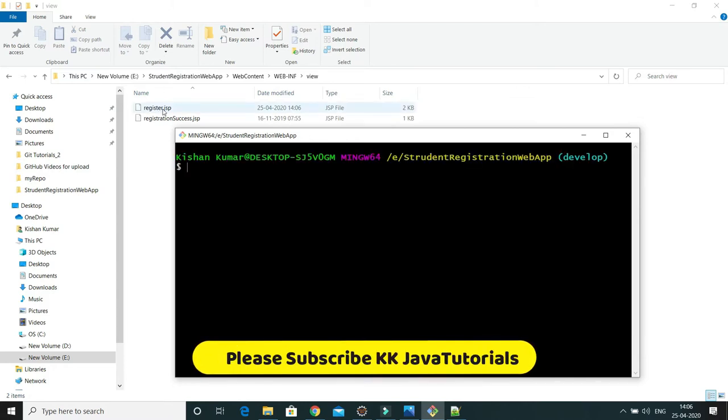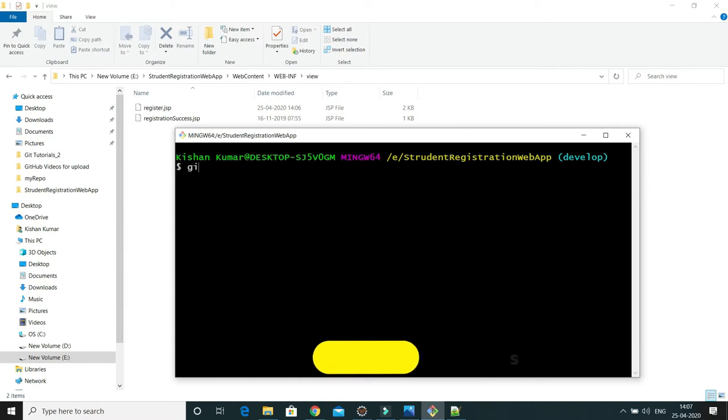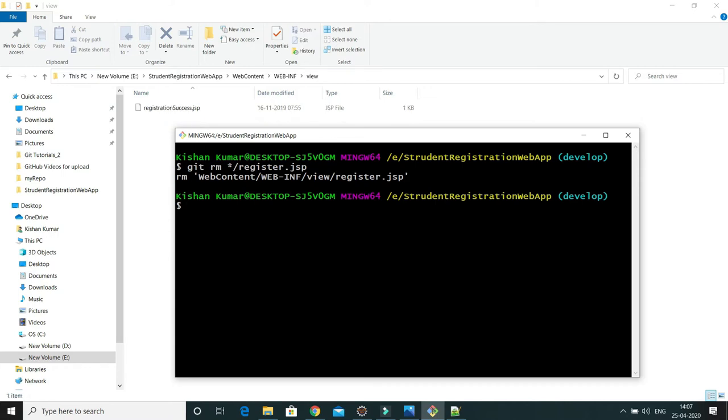Now I'm going to delete this file, not manually, but using the git rm command. So git rm, then the file name. Here we cannot specify the file name directly because this is a folder hierarchy, so I can use wildcard searching, with register.jsp. If I press enter, you can see the rm command has been issued and this file is deleted.